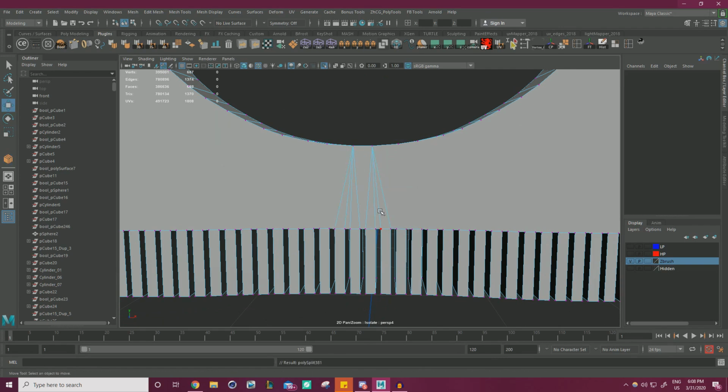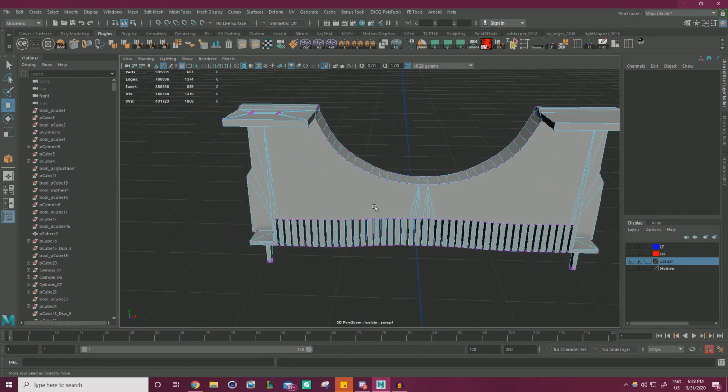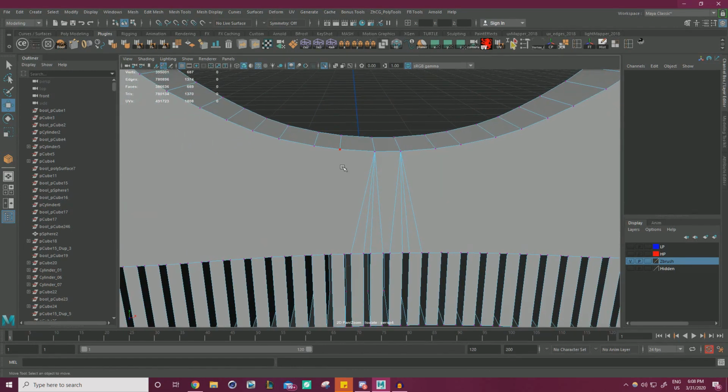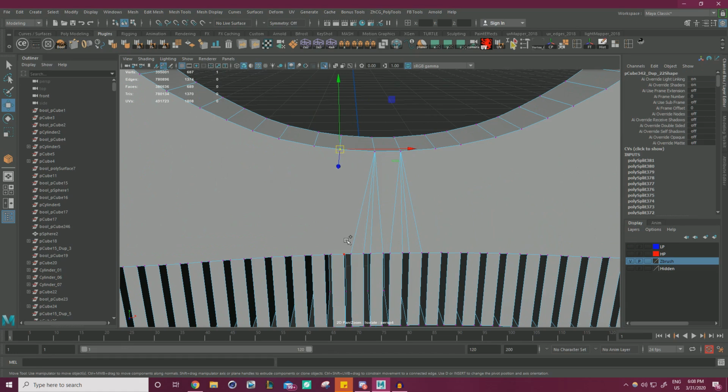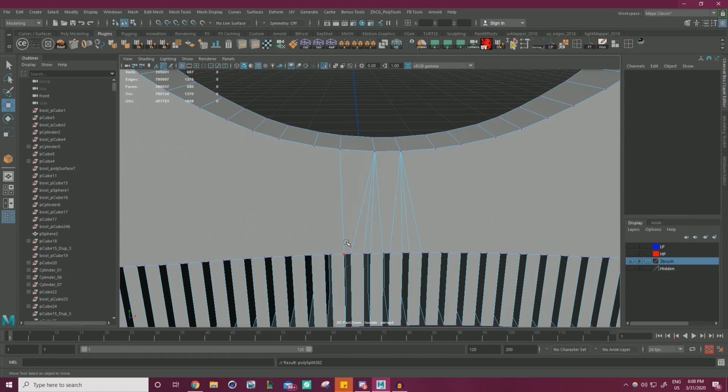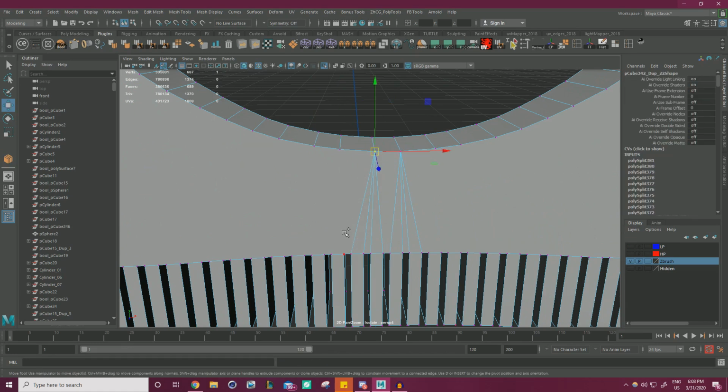And just like some of the mid-poly parts, I kind of apologize for not having the most to comment on about this. This is just pretty basic, connecting things up and making sure the topology is good, kind of triangulating it